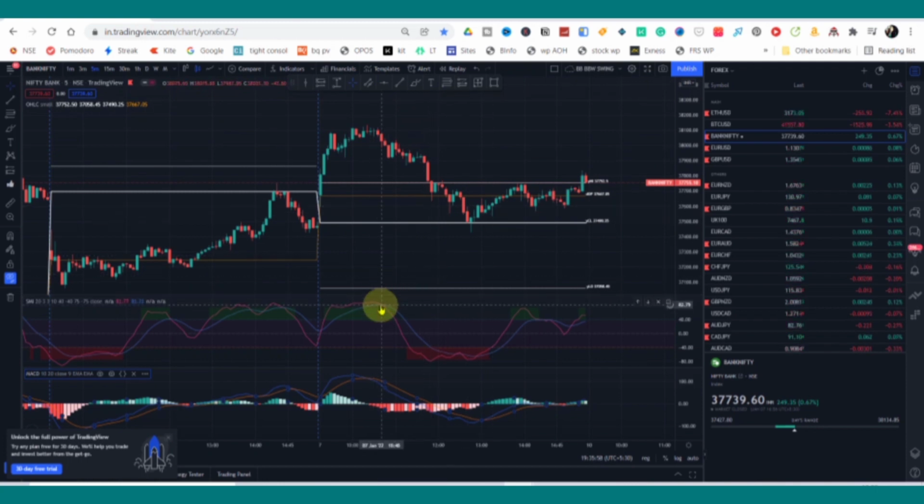So here is a crossover at stochastic momentum index and MACD. You can either do that first few minutes ORB, open range breakout, or you can enter at this level, the first signal. That is when stochastic momentum index and MACD crosses, but we are not going to wait till the end. Okay, we are going to exit at the previous day range levels or support and resistance. So we are entering at this crossover and then exiting at yesterday's high.